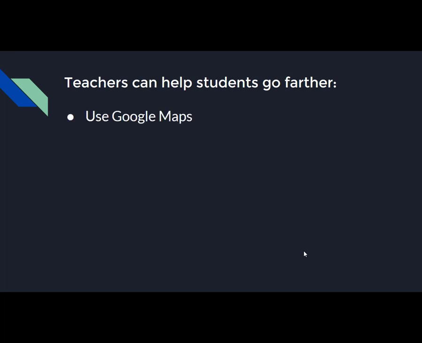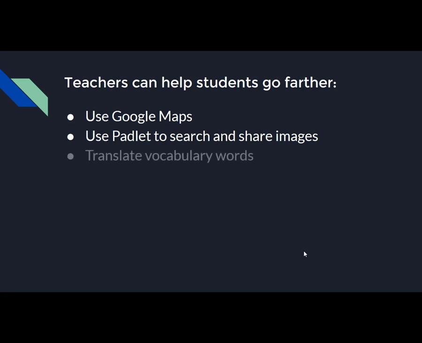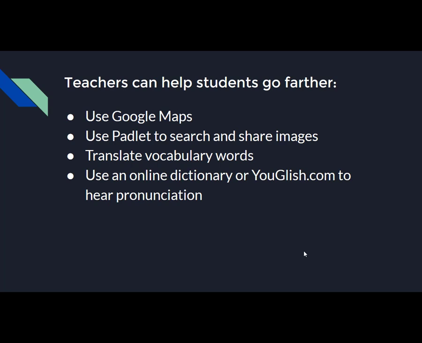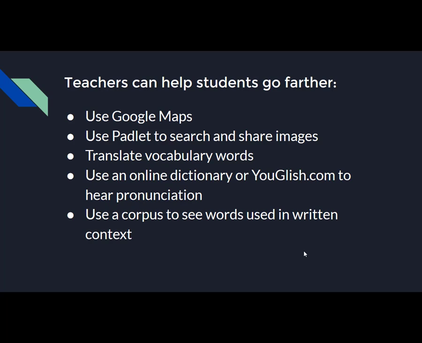Because a lot of these readers talk about geography in Oregon and Portland, a good idea is to use Google Maps. Students can see where these locations are in relation to where they are right now. We love using Padlet to search for ideas that are related to the topics in each of the readers, and students can share with each other what they've found out. They can translate vocabulary words, use online dictionaries or Youglish to hear pronunciation, use a corpus to see words used in written context. We're also going to show you some ways as a teacher that you can go even farther